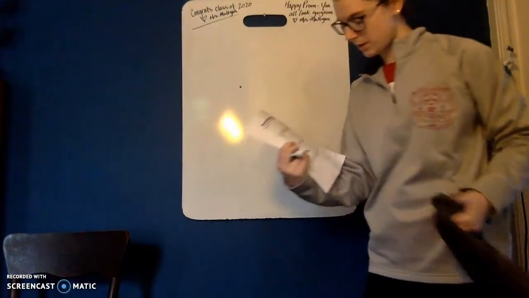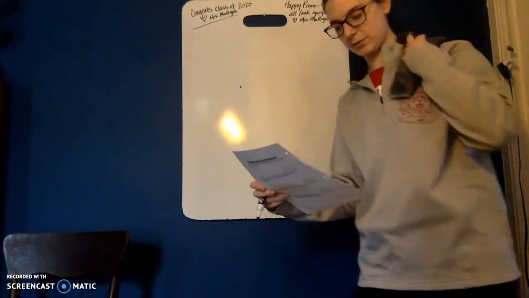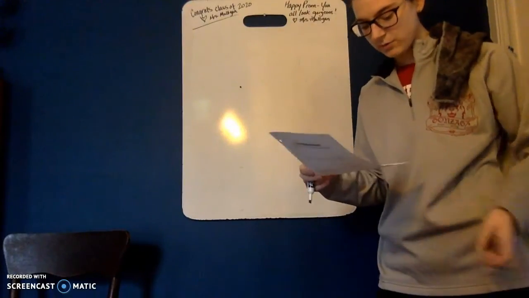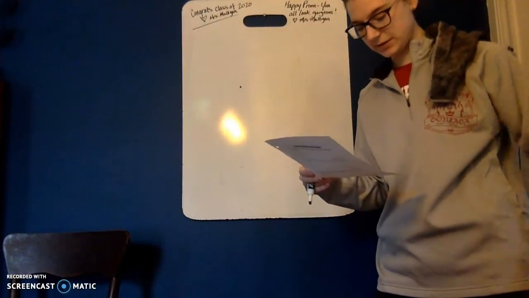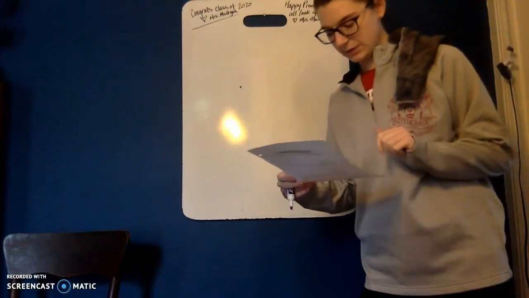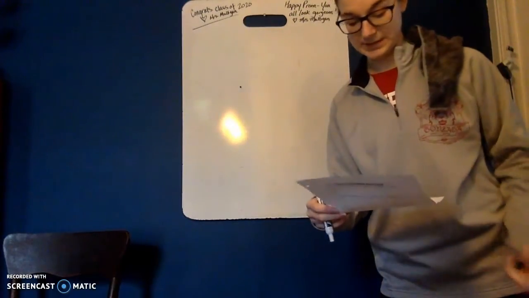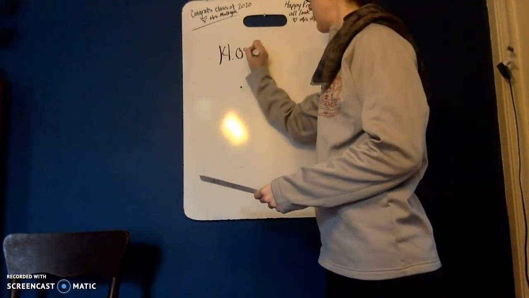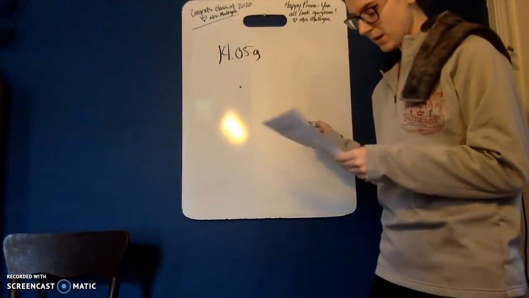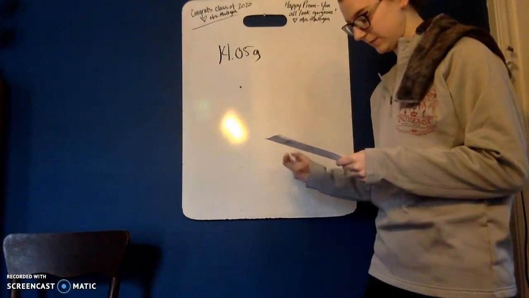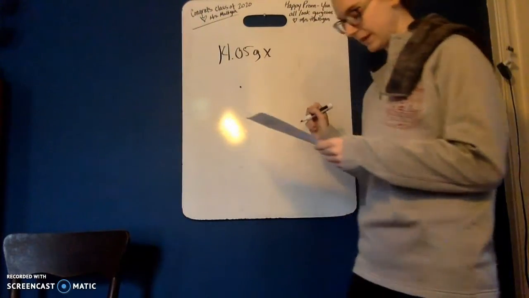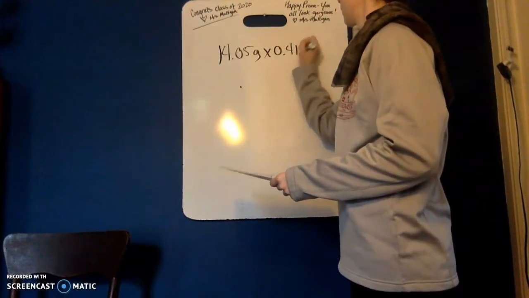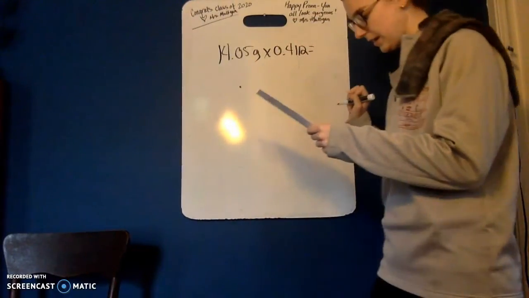Okay, number 7 relates to number 3, so the percent composition of ammonium sulfide. We have a 14.05 gram sample of ammonium sulfide. How many grams of each element does this sample contain? So first I'm going to take my 14.05 gram sample. I'm first going to find the grams of nitrogen. So the percent of nitrogen was 41.12, so I multiply by 0.4112, and I get